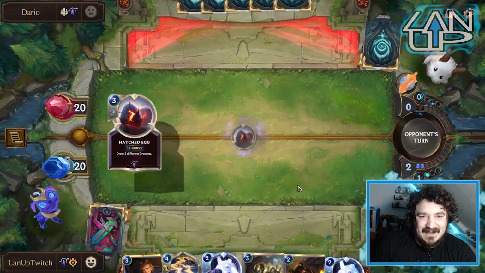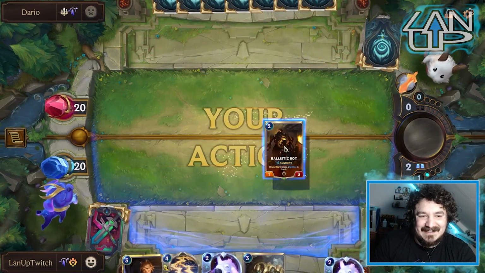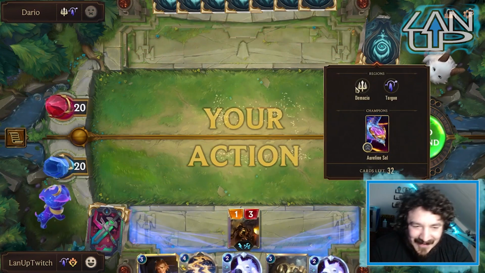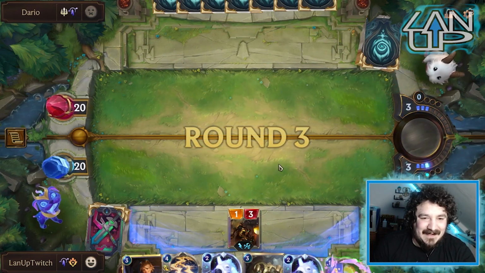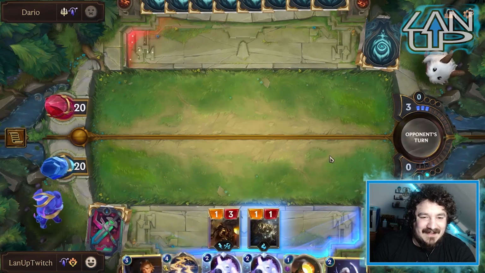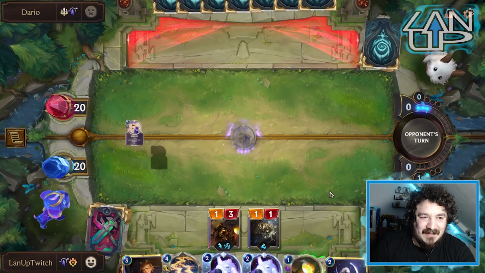Okay, so this is a dragon. This is actually a dragon deck. Okay. Dragon deck, potentially with celestial undertones. It's quite nice that we have her, but okay, so we go for the ignition, which then means that both of these go up to...